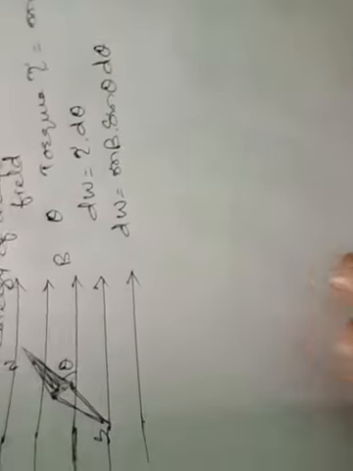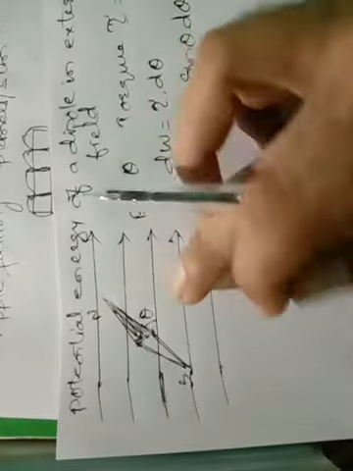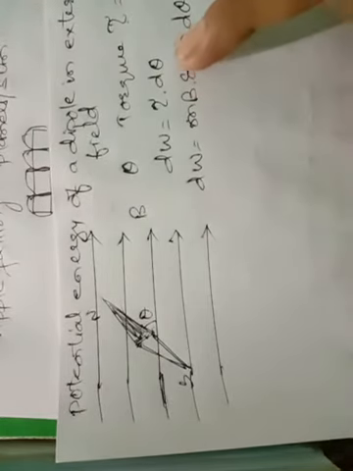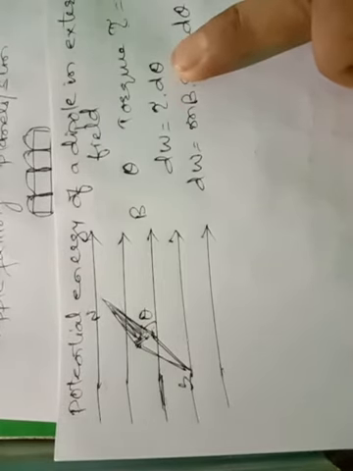Okay, what we have done: first we considered that the needle is kept in a magnetic field, and because of that it will experience a torque, and the torque is given by mB sin theta. Now we have to calculate the work done, so as to calculate the potential energy of the dipole. First we will consider the work done by rotating the dipole. When it has completed this rotation, it will again try to come in the opposite direction. So it is doing some work, and we will calculate that work for angle d theta. The work will be equal to dW.